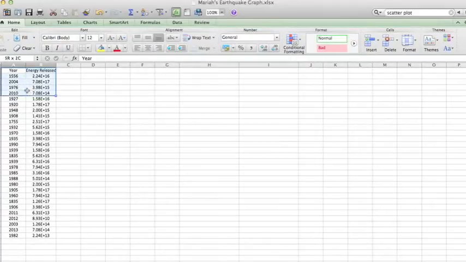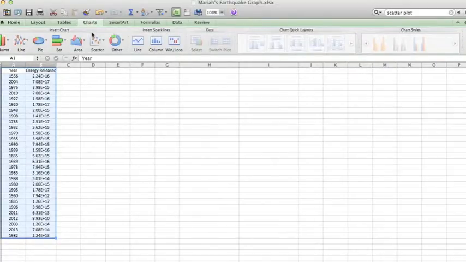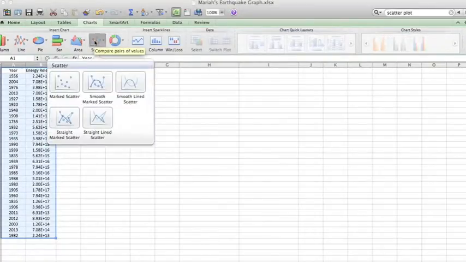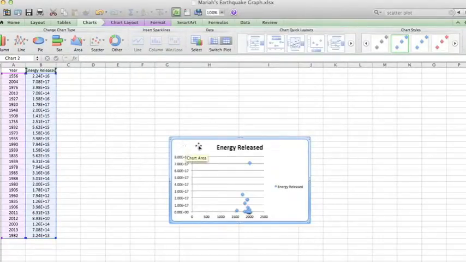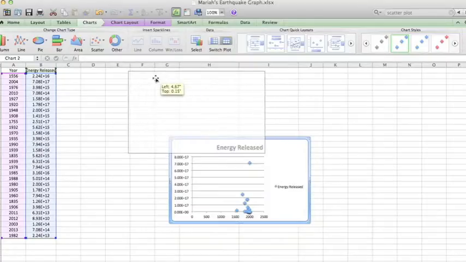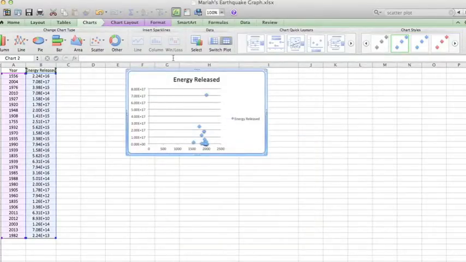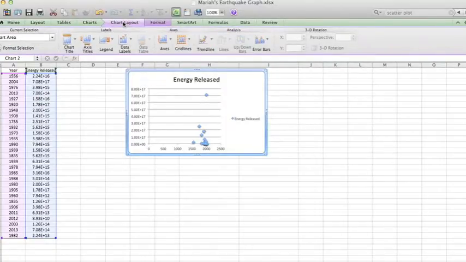Next, you will highlight your data, choose Charts, choose Scatter, and choose Marked Scatter. This creates your graph, which will now need some changes to its layout. So choose Chart Layout,